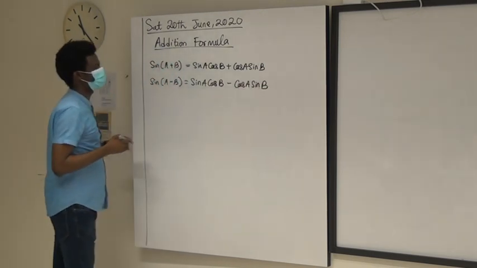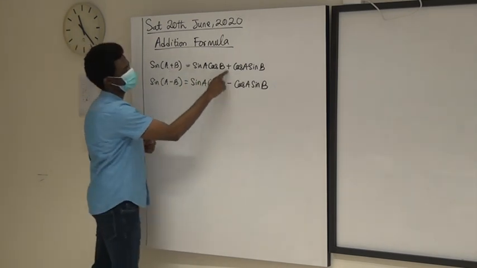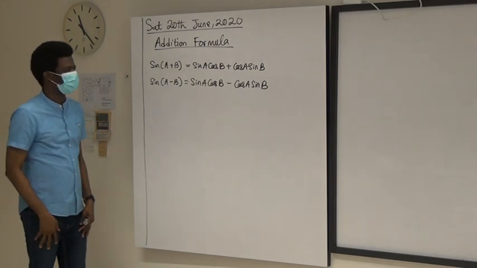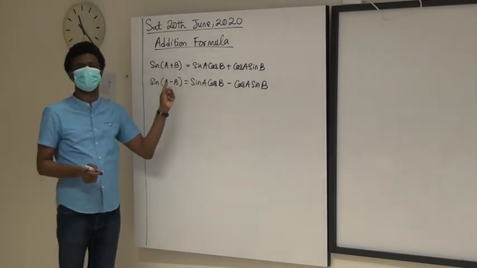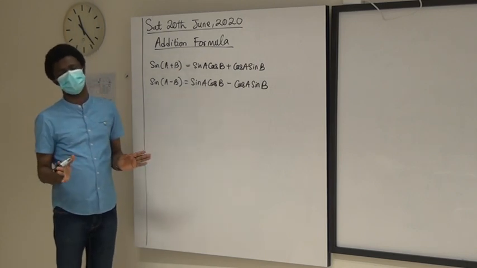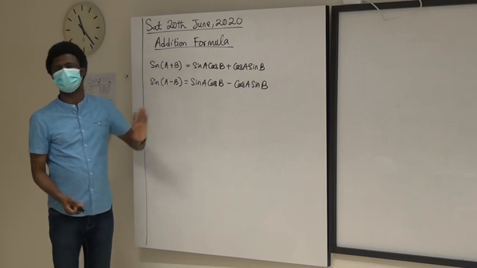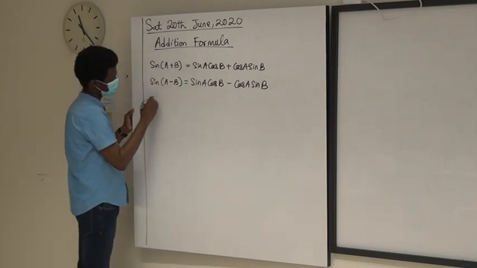So it's possible you check some textbook and you write sine A plus or minus B, and this is plus or minus also. They compress two in one. Is that clear? Now the cosine is a bit different. The case of plus gives minus and the case of minus gives plus. There are proofs for these things, but the proof is not required for us to know, so I'm just going to write the results. Is that clear? And similarly,